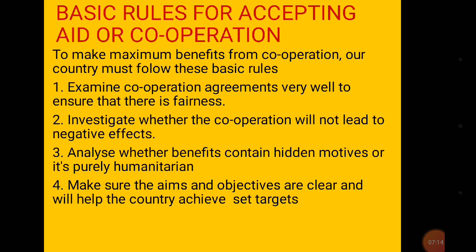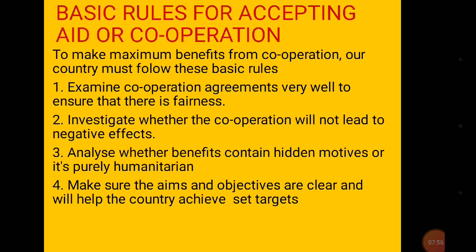First of all, committees must be set up to examine cooperation agreements very well to ensure that there is fairness and that the country's interest is not at stake before we go ahead to sign any agreement. Then, also, there must be a legal team to investigate whether the cooperation will lead to any negative effects or not, either on the people or on the country as a whole. It's very important. Otherwise, we might be signing an agreement or entering into a cooperation that will become a burden